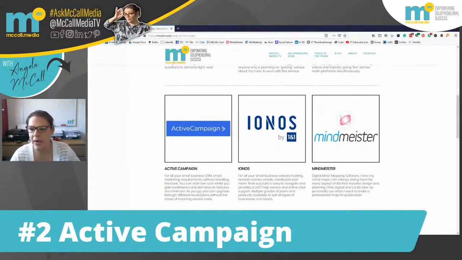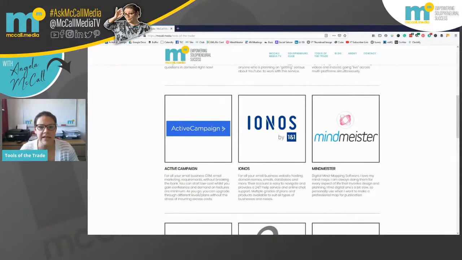There we go. Now, Active Campaign is the software provider I use for all my email marketing. I love these guys. Their platform is extremely simple and easy to use. Bearing in mind that I have been helping businesses in one shape or form online for like 20, 25 years, I have pretty much used every kind of email marketing, newsletter type service provider out there, stroke customer relationship management software.